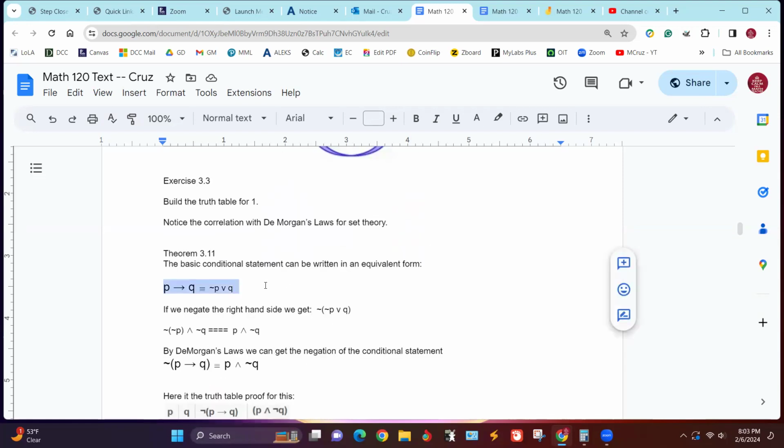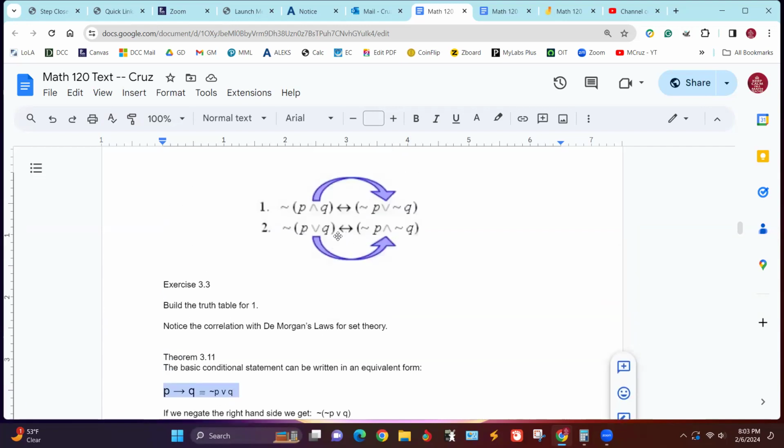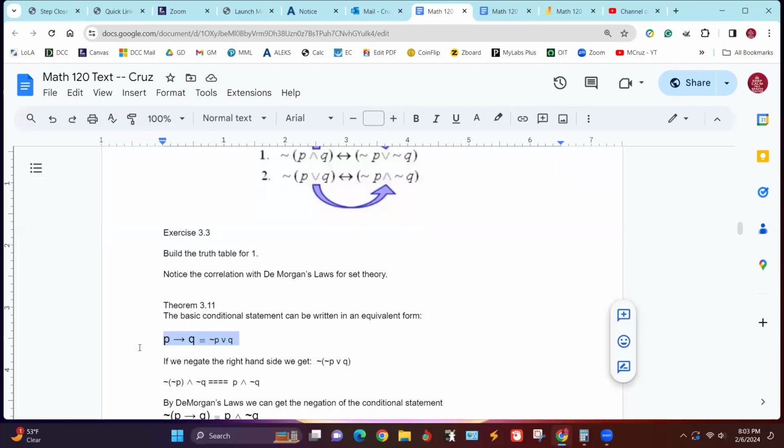Now there's one more equivalence that we're throwing in here in addition to these De Morgan's laws. The conditional statement is equivalent to not P or Q. And why would we want that equivalence? Because if we want to negate a conditional statement, then we don't have any way to do that. But if we have a statement that's equivalent to it, that's written with the or,